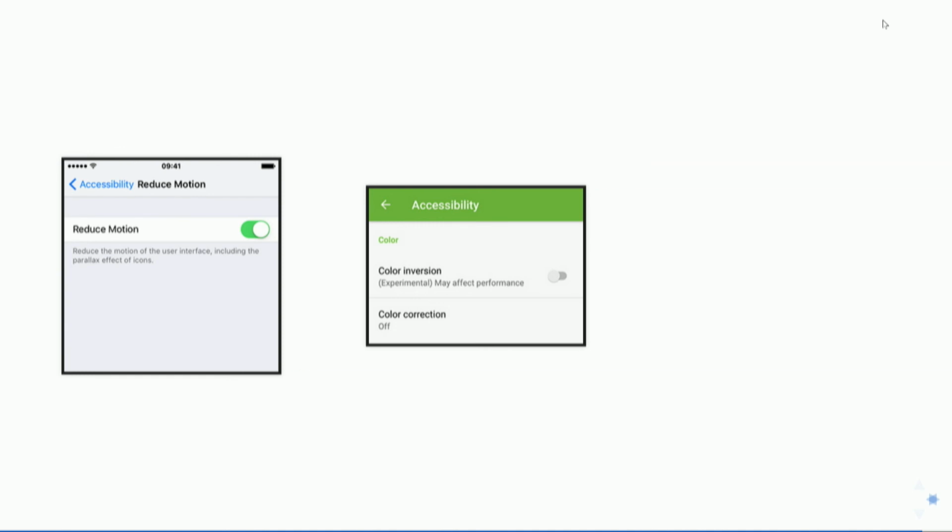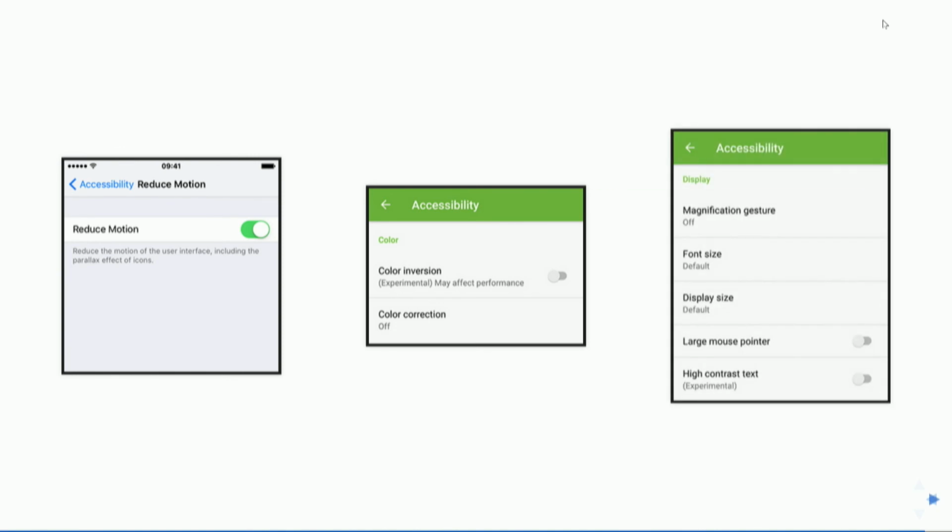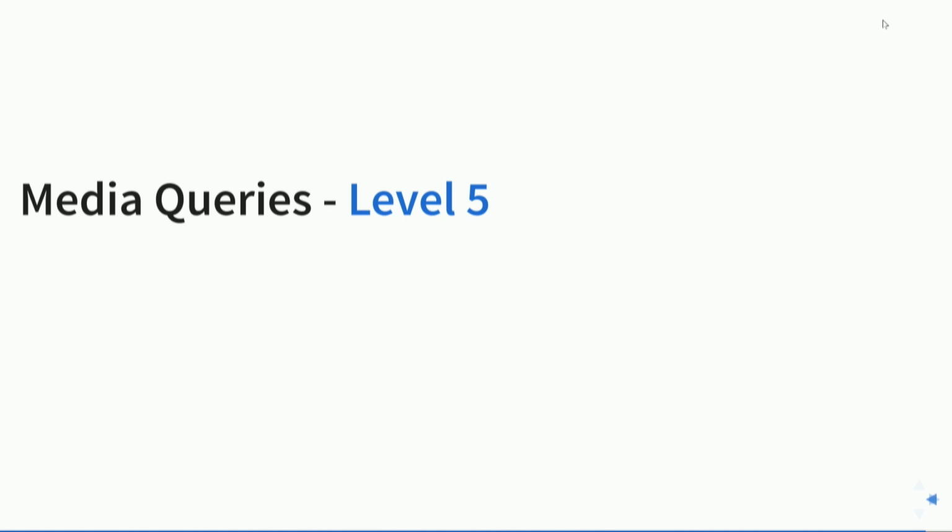So if you have a kind of color blindness, you can actually modify the way your phone shows colors. And again, you can modify the font size or even activate a high contrast option in the Android phone. So all those tiny things are slowly turning into media queries. Media queries level 5. So really, right now we are working towards level 4. This is level 5, so it's really like future, like patient. And we will have inverted colors as a media query. We can actually check if the user has picked to have inverted colors and do something about it. For example, uninvert images, because for the user it might be awful to have an inverted image, but really useful to have an inverted color